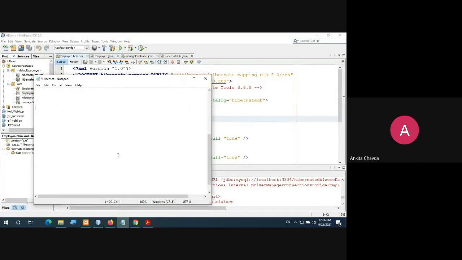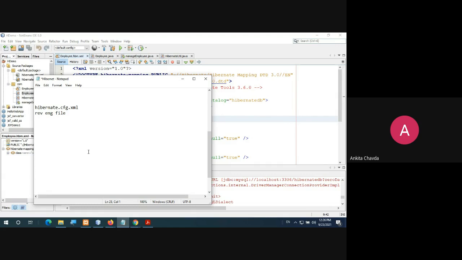So these are the steps. First, you want to create which file? That is the Hibernate wizard file, your hibernate.cfg.xml file. After that, the reverse engineering file that you will create.